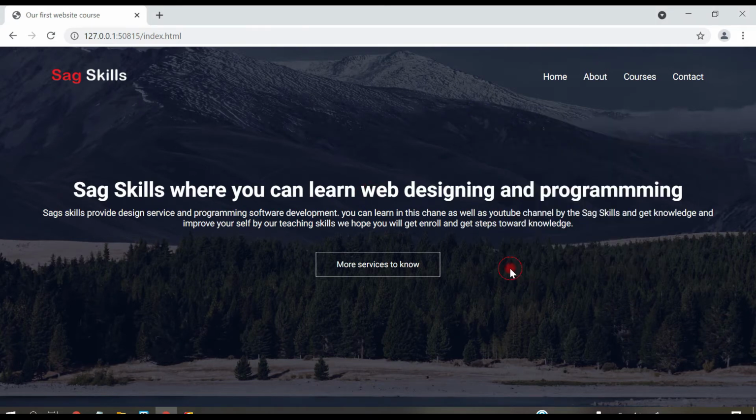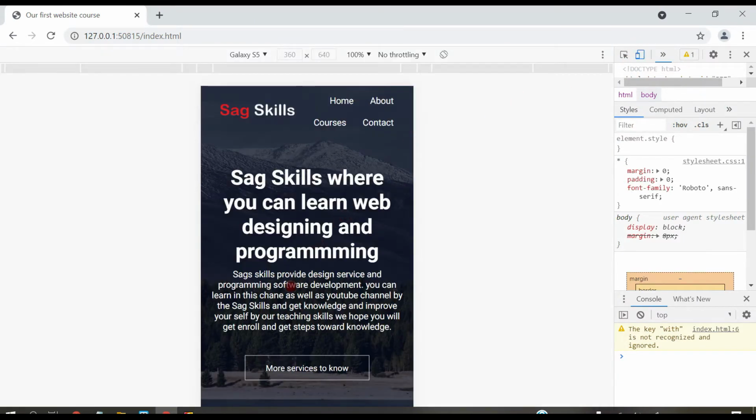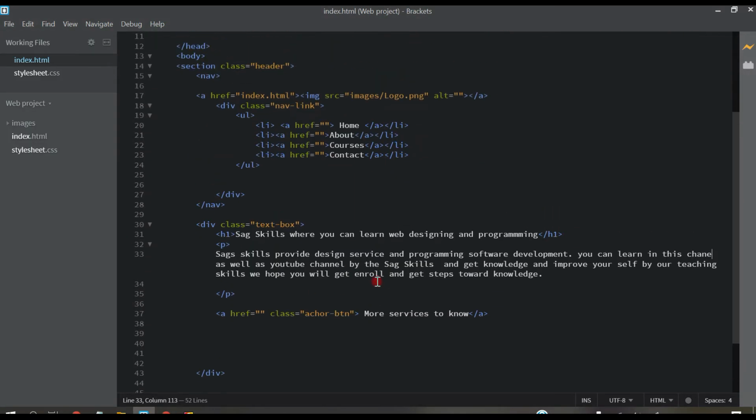Go to inspect here, right click, inspect, and you can see now it's looking like this. It's not looking well on small devices right now. The home menu is disappearing, and the heading is very, very big, not looking good. So first of all, what we have to do, let's